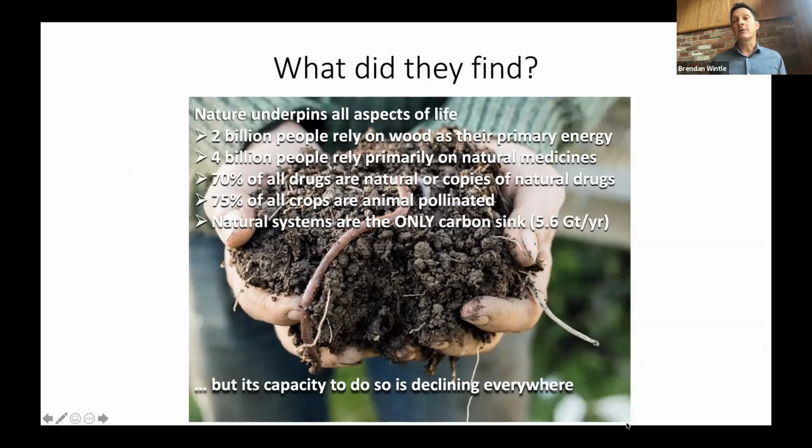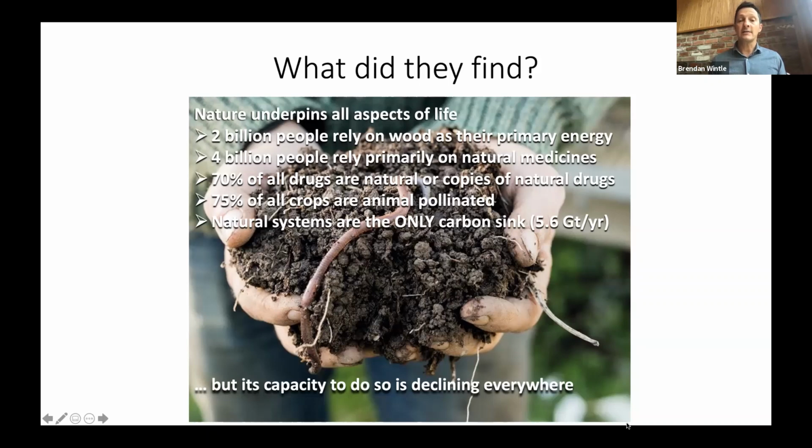And we estimate that the loss of insect pollinators, or just bees, could cost the global economy $560 billion a year. So this is a key economic and existential threat, the loss of pollinators. Natural systems are the only viable carbon sink. So if we're going to flatten the curve on carbon emissions and actually see carbon sequestration at a broad scale, that's going to have to be done through natural systems, through restoration, through forests, through grasslands, peatlands,